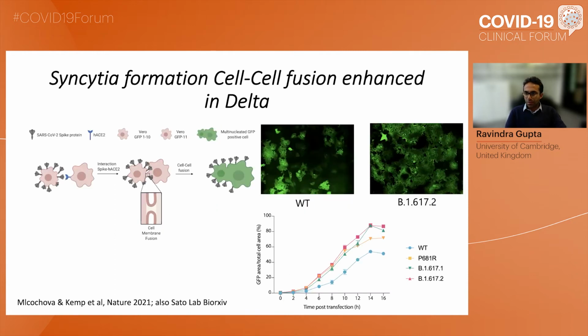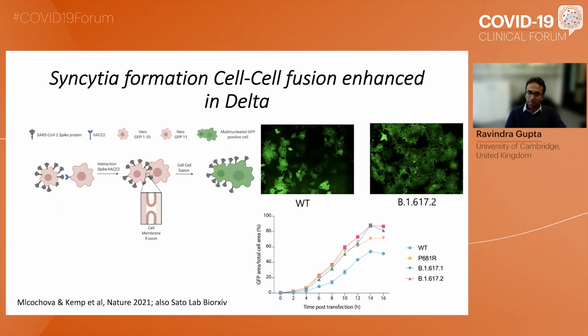This is assisted, let's say, by the phenomenon of syncytia formation, which I believe aids immune evasion of the Delta variant compared to wild type. You can see here a system we have for lighting cells green when they fuse together, and we can show here that the B617.2 or the Delta variant is far superior as compared to the original Wuhan 1 virus when it comes to